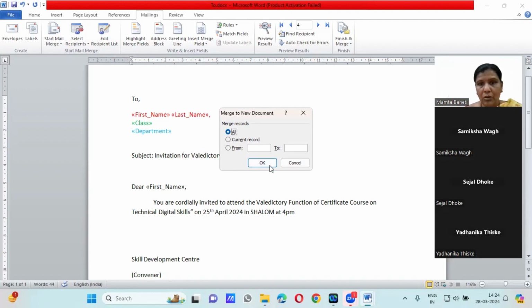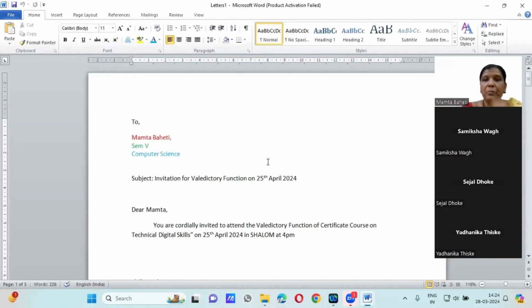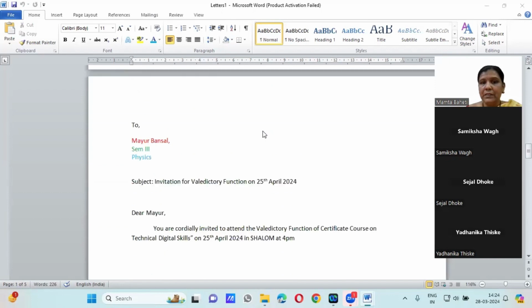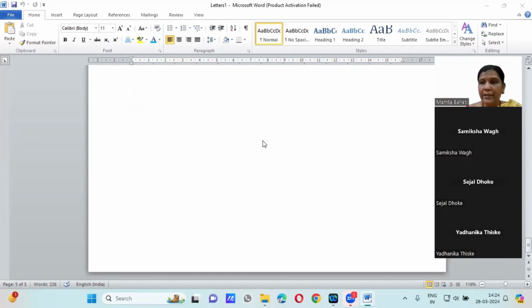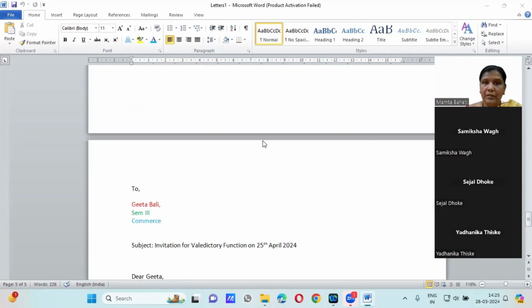So first I'll select the all option. See, the moment I click on all, you will see 5 letters generated here. And see, the file name has changed to Letters1 with 5 pages created. So likewise you can take the print of separate pages and get things done, or if you want this as a communication to be sent somewhere, you can just go to file